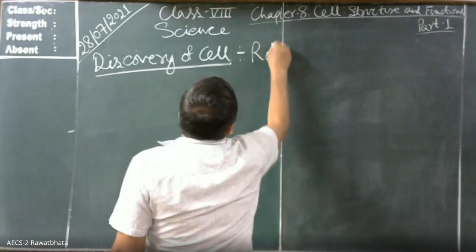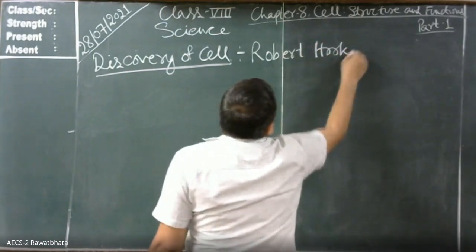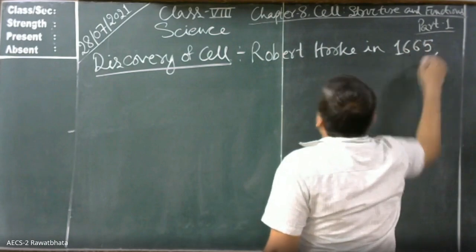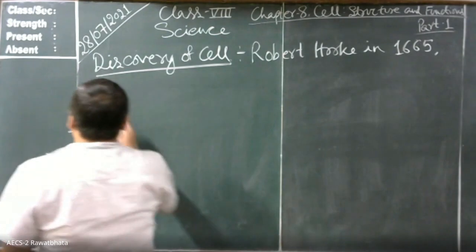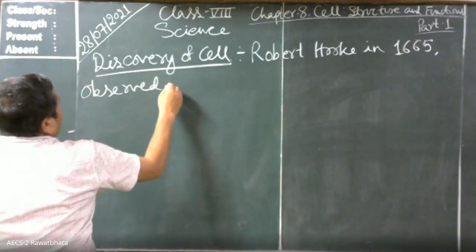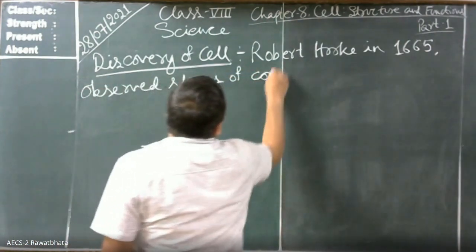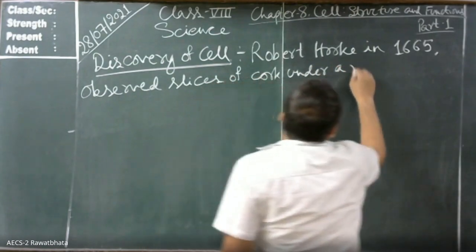Robert Hooke in the year 1665 observed slices of cork under a magnifying glass,